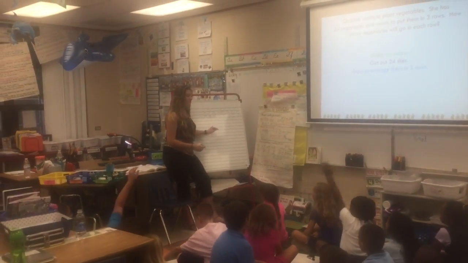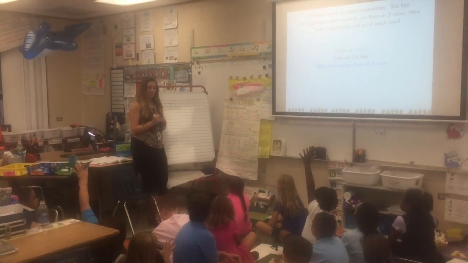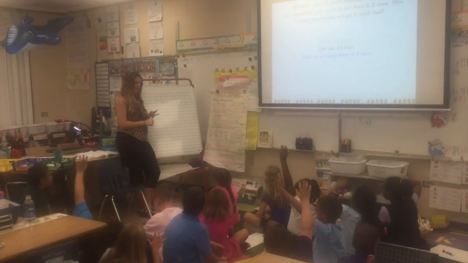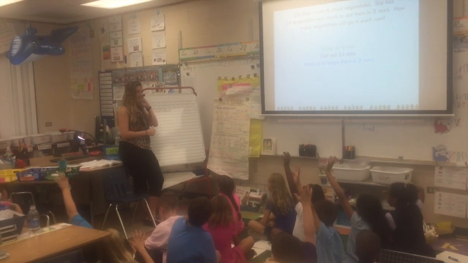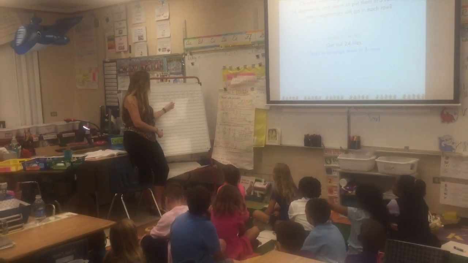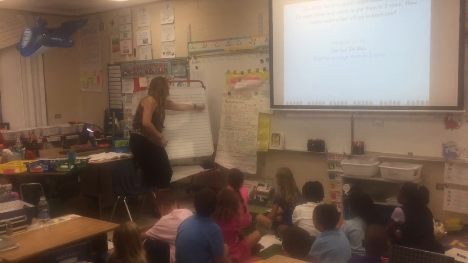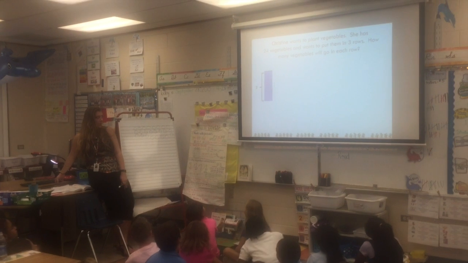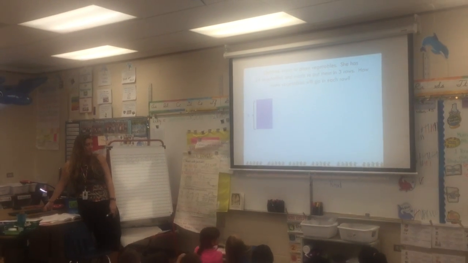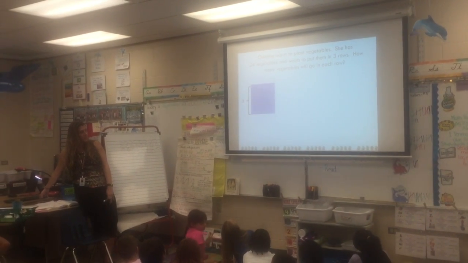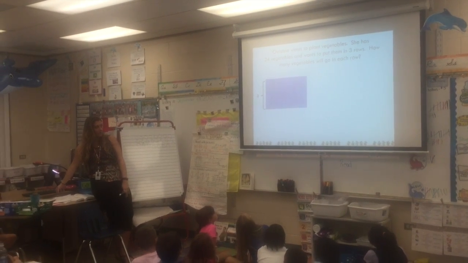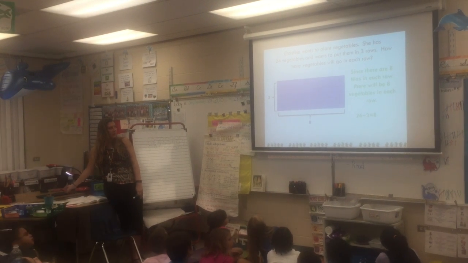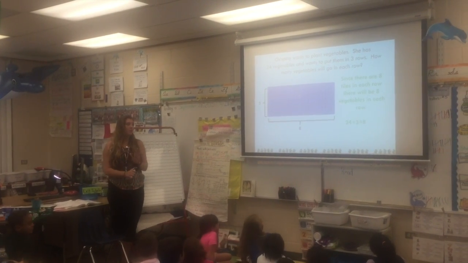Who can tell me how many columns do I have? Connor, what do you think? 8. I have 1, 2, 3, 4, 5, 6, 7, 8. So if you want to, you can look up here. It's the same thing that I just did on the board. So 3, 6, 9, 12, 15, 18, 21, and 24. Since there are 8 tiles in each row, there will be